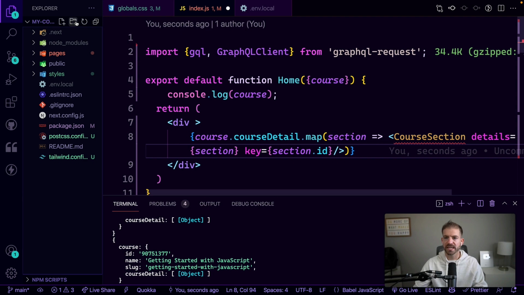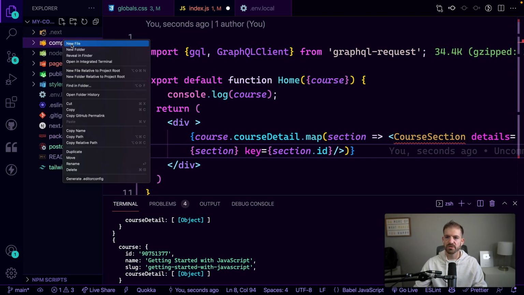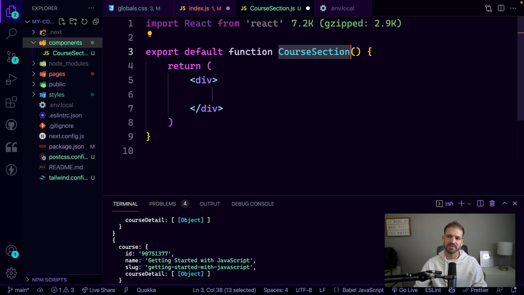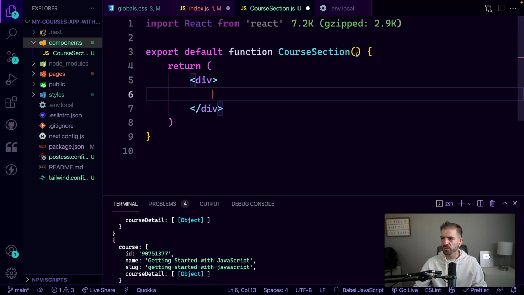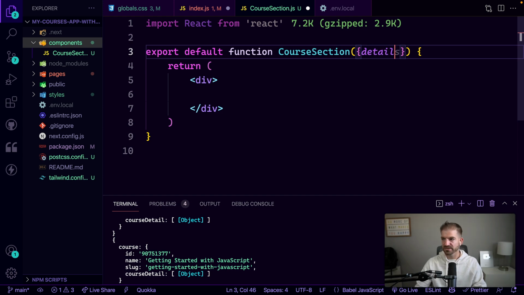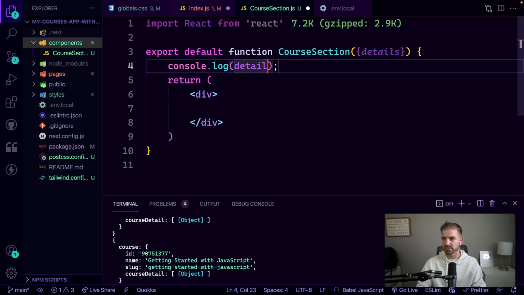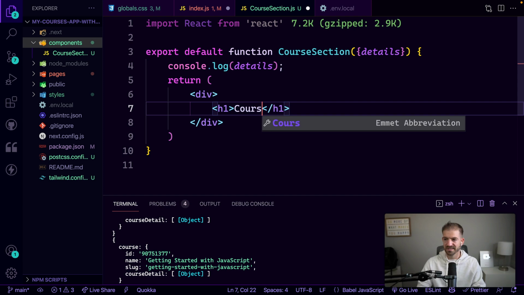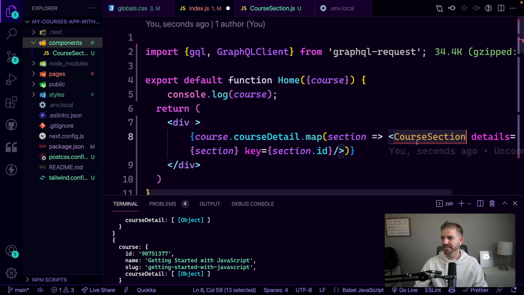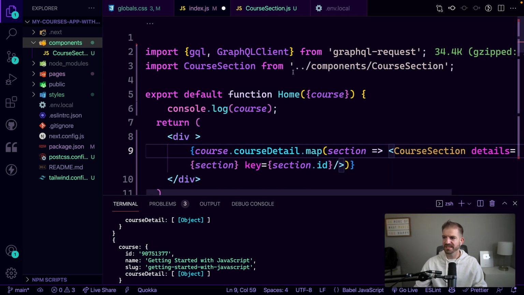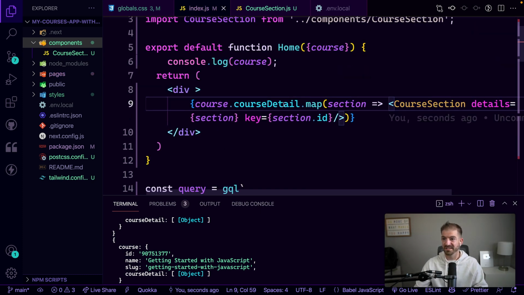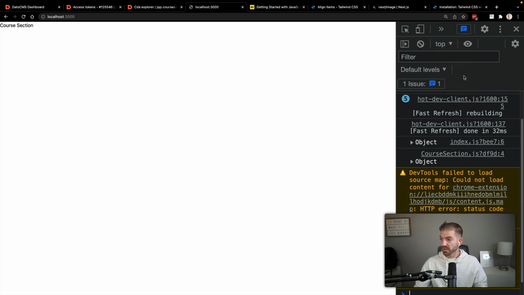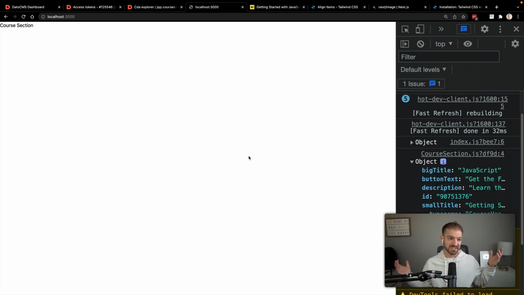So let's go and create a directory for components, and then create the course section.js. And I've got snippets in here for React functional components. So there it is. And we're going to pass in these details. So we'll pass in the details there. We can log those out. And we can say in here, just course section. And now can I get some IntelliSense to import this? Yes, up there. And now that should look relatively good. So you see it's logging course section up there. And if we come into our console, we should see that it's logging out those details,